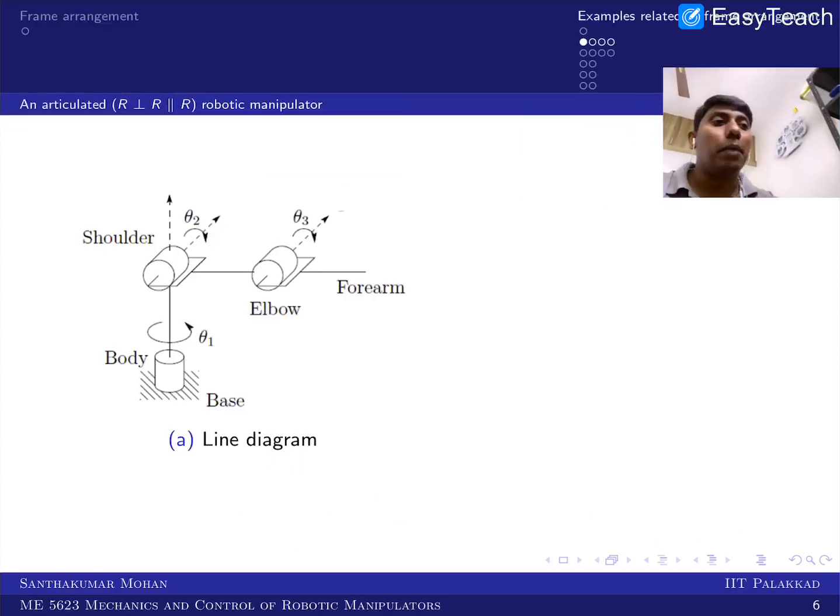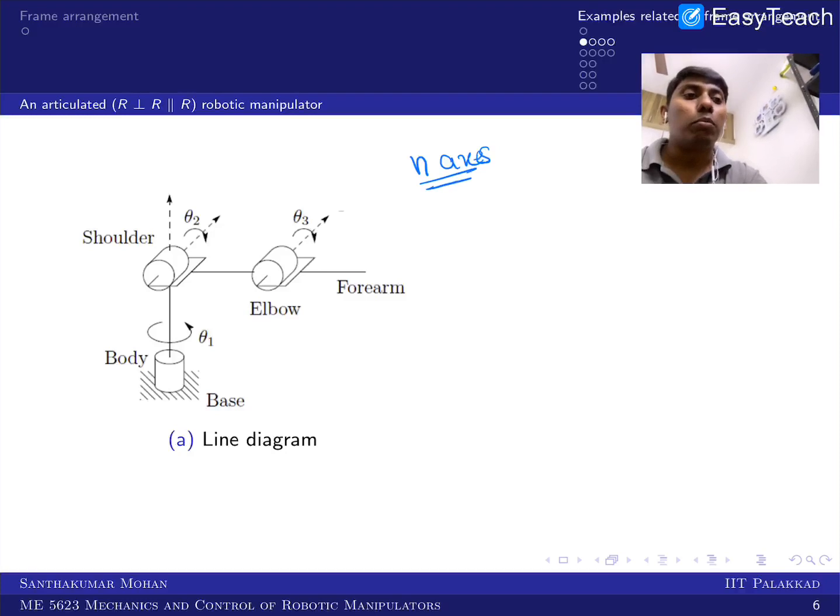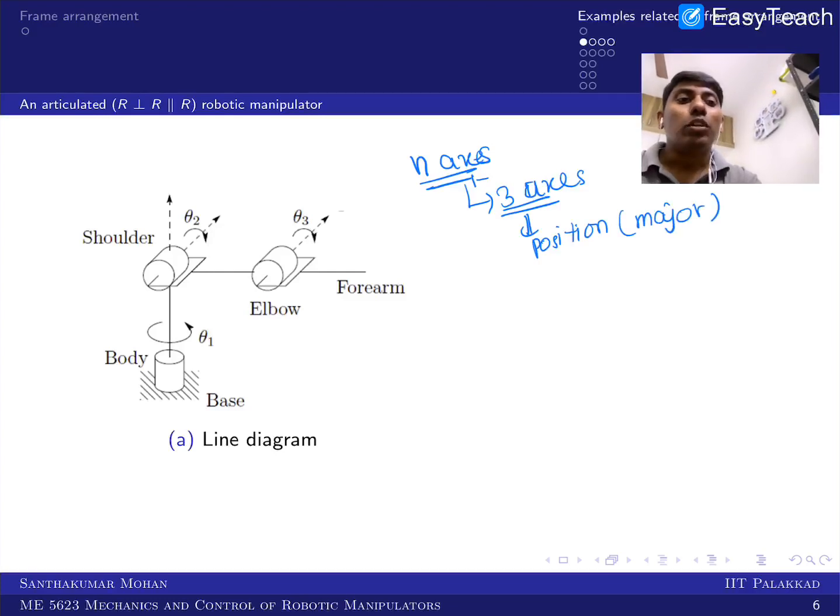We'll take one such example. So you can see that this is one of the common manipulator configurations, which is what we call an articulated robotic manipulator. And we will see the n-axis robot. So you have an n-axis robot, in that the first three axes, in the sense axes 1 to 3, are predominantly taking care of the position. Okay, so these 3 axes we call major axes. The major axes have several possibilities. It can be simply all 3 prismatic joints, or one prismatic joint can be converted into a rotary joint,